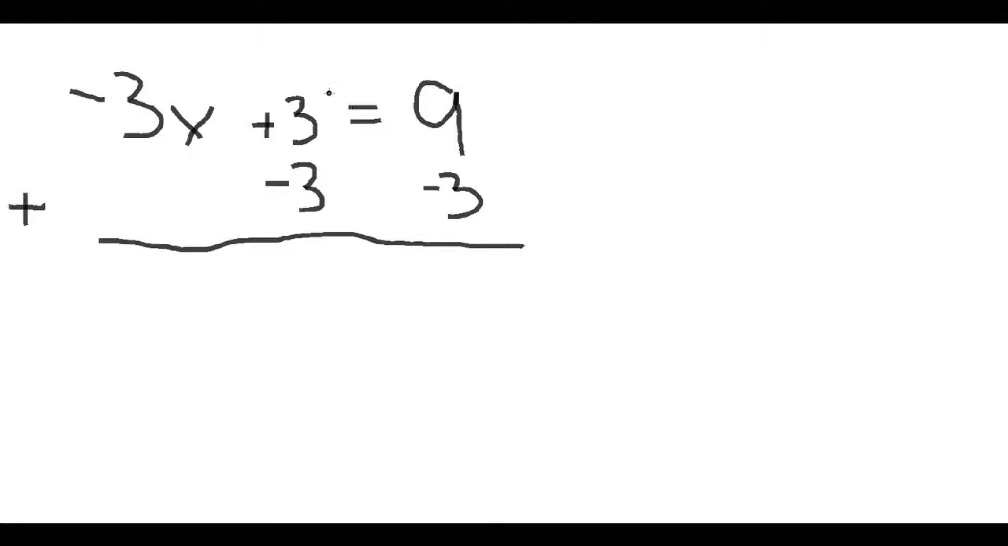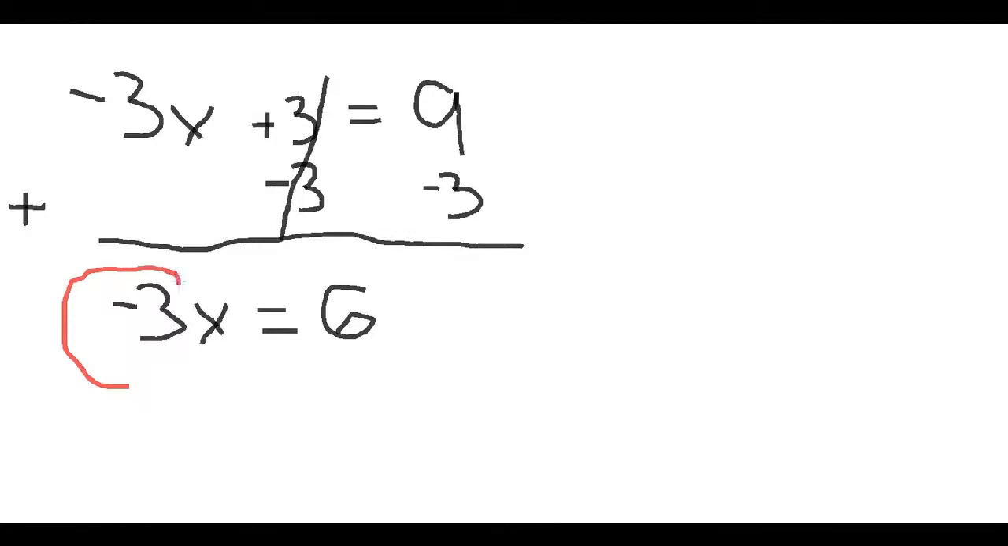By doing that, these cross out, and we're left with negative 3x equals 9 plus minus 3, which is 6. Now we come to our problem again. We need to get rid of this negative 3. So keep that in mind, negative 3x. So let's rewrite the problem over here. Negative 3x